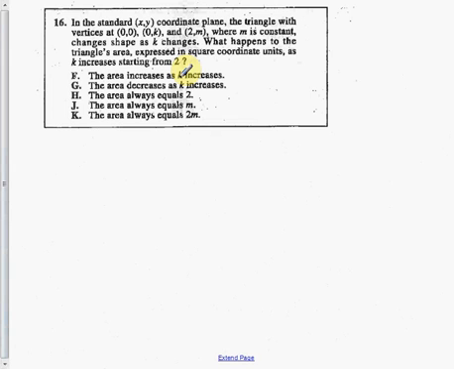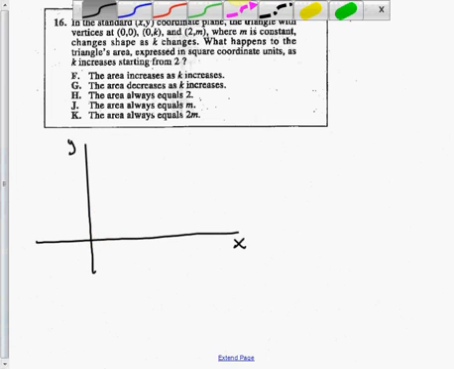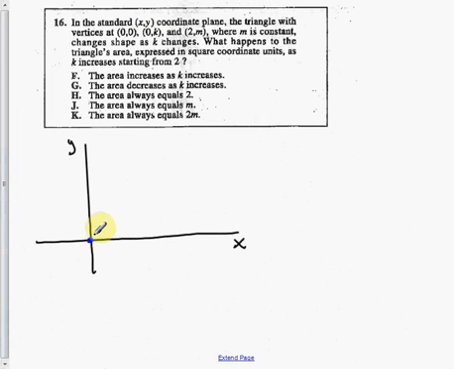So here's what you want to do. Draw out what they're saying to the best of your ability. Just draw it out. You have the X and the Y axis. So here they have the vertices 0, 0. So I put that there. Then they say 0, K. I don't know where that is, but I do know it's on the Y axis because X equals 0. I'm going to put it here. I'm going to call that